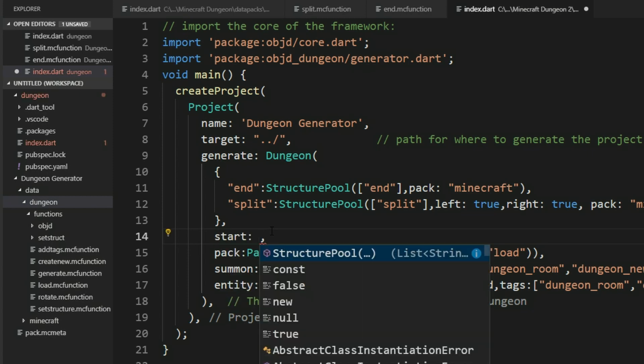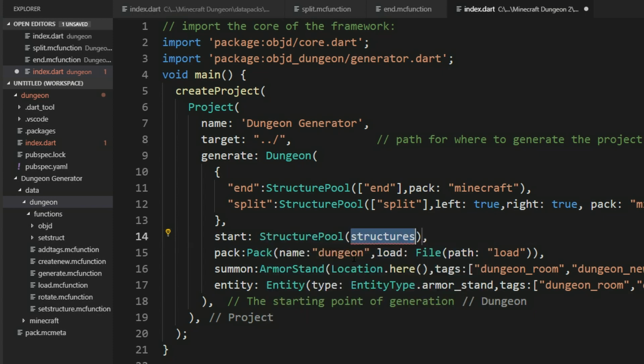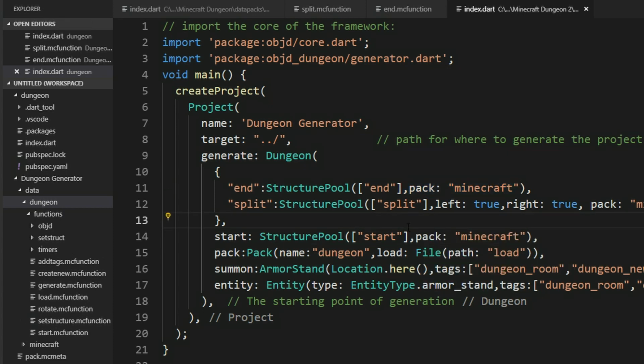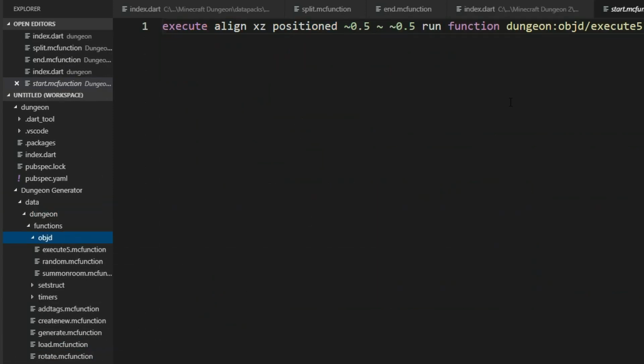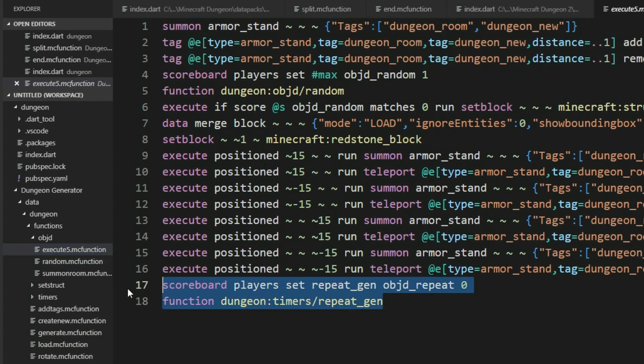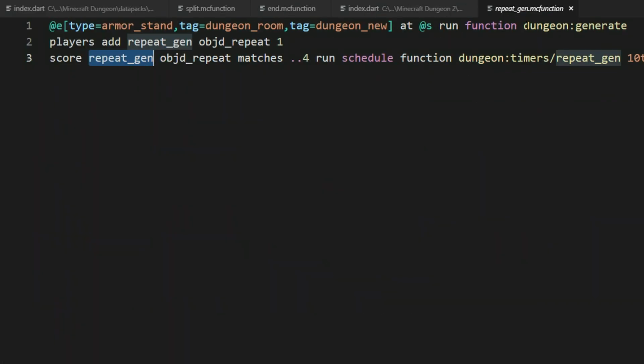We can say start, and then we need another structure pool for that. For the start area, remember it goes to all sites. So we want to load the Minecraft column start structure here. So we need to paste the pack again. If we generate it now, we can see there is a start.mc function and it executes something. And down here you can also see that the repeater is called, and that loops the dungeon generate function 4 times